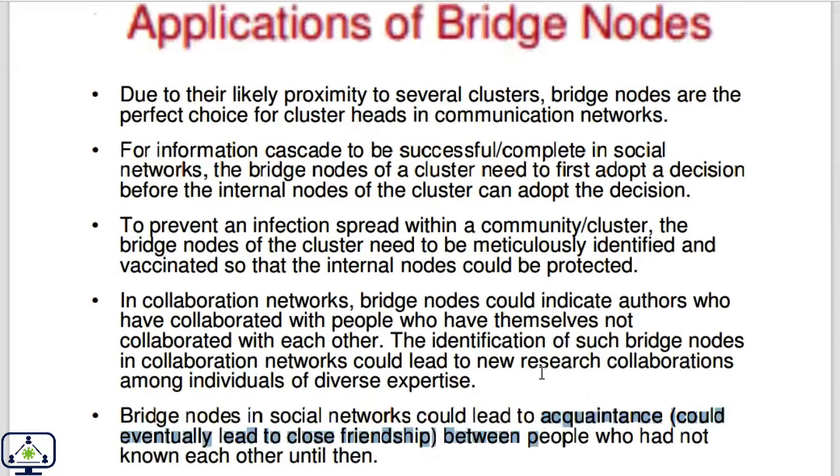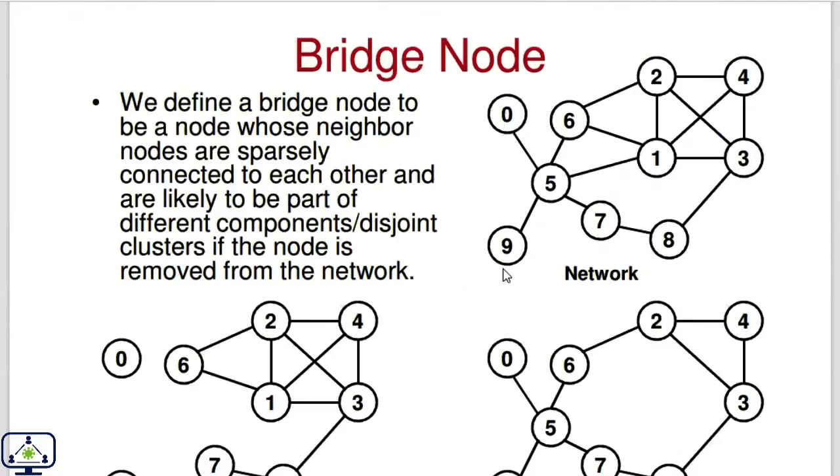So again, going back to this example, 0 and 9 work with 5. They don't work with anybody else, but 5 works with 7 and 6. So 5 can provide this acquaintance to 0 and 9 to collaborate with 7. So a lot of such applications are possible once you are able to properly identify and rank the nodes as